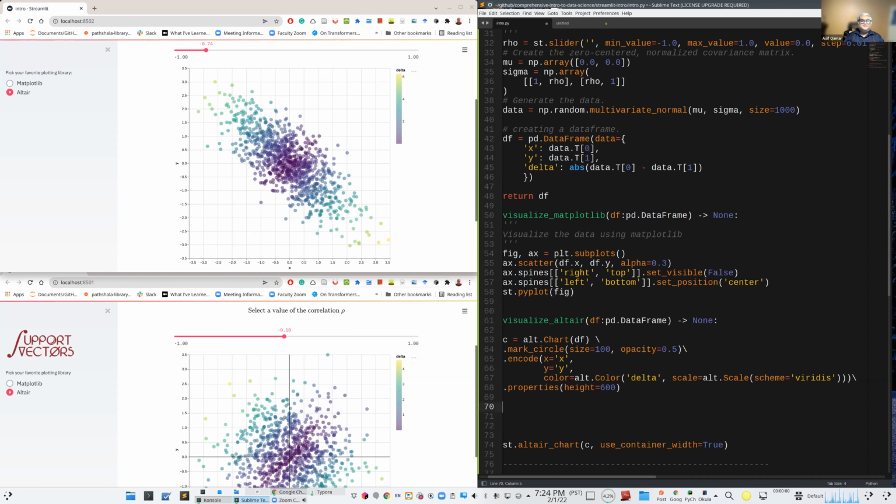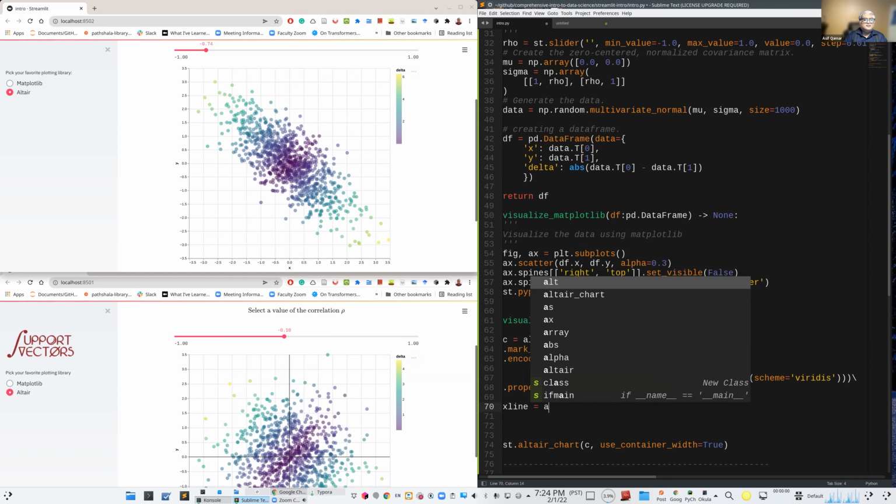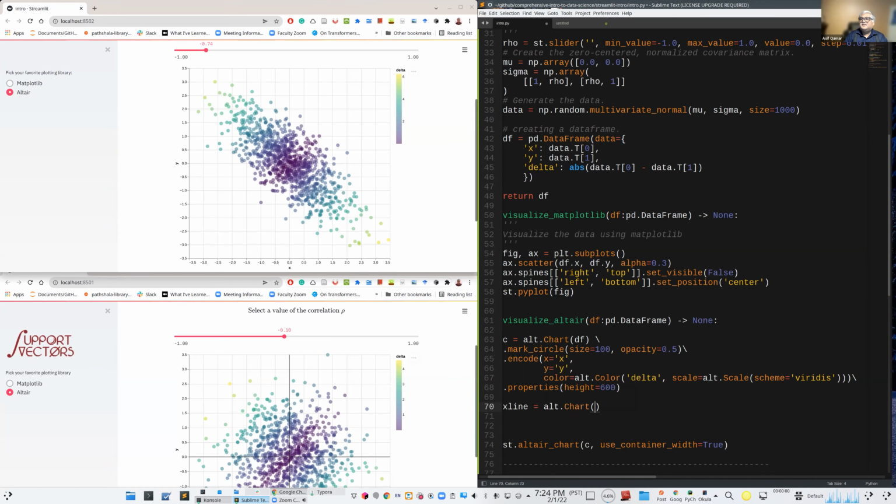So let's do that. We say, let's create an X line is equal to, and again, alt.Chart. So remember, it is the chart. But at this moment, that line should represent what data? It should represent nothing, basically, literally nothing. So what I will do is just fake a data frame. Here's my way of doing it. It's a hack way. It's not a great way,